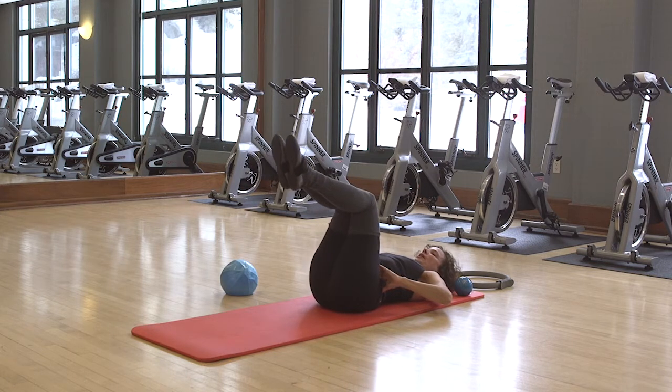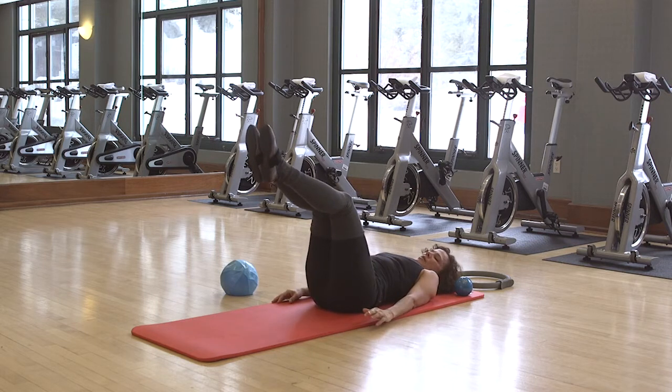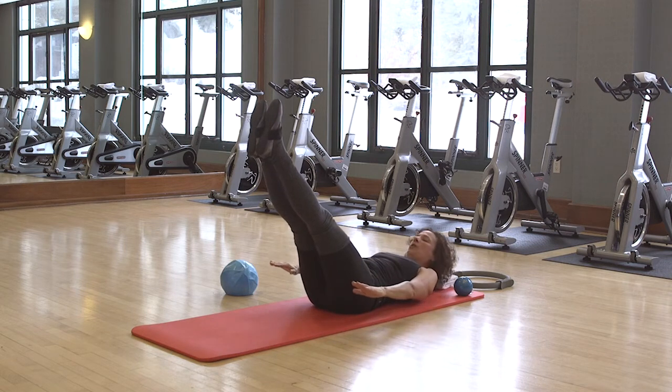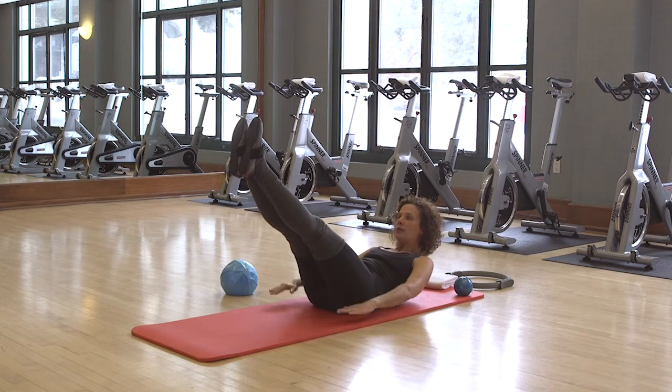So you can bring it in, you can bring it over, and if you've been practicing and doing this all the time with me, you'll probably be able to straighten the legs without arching the back and bringing the arms out. We're going to roll up and do the 100, where you're pumping the arms and breathing in, 2, 3,